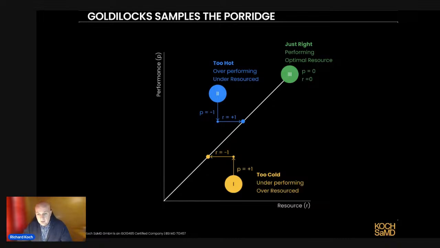If we go to the class 2 team, they're on the other side of the line, the left-hand side of the line, and it's the opposite. We can see that they're overperforming. So they need to drop for optimal balance between performance and resource. They need to drop their performance by 1, but also they're using less resource, okay? So they need to increase their resource. Now, most leaders will say that's not a problem, but we'll come on to that later.